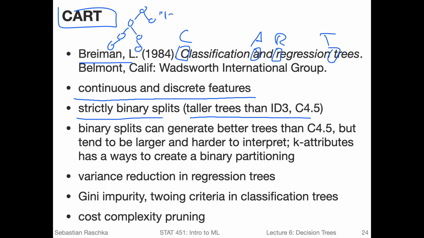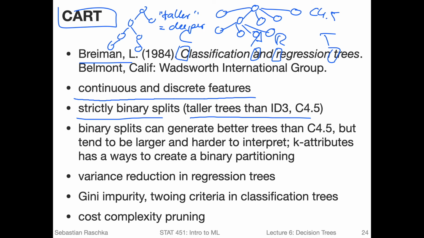or taller, where taller means deeper, than C4.5 trees, which can have more than 2 child nodes per parent node. So here we usually end up with these wider trees in C4.5. And CART uses the Gini impurity for evaluating splits in the context of classification, which is also called the Gini criterion. We will talk about Gini impurity in a later video,